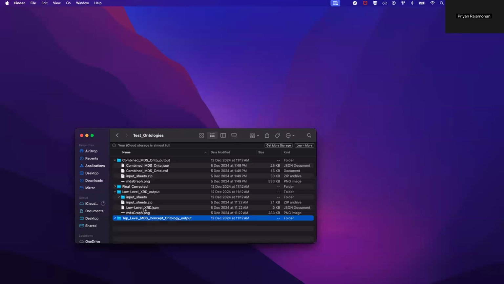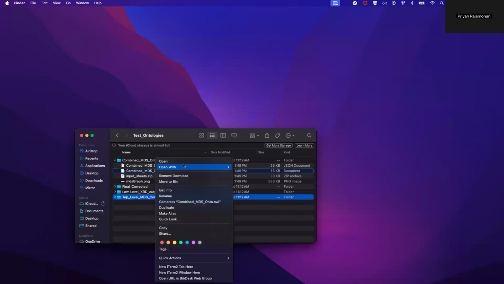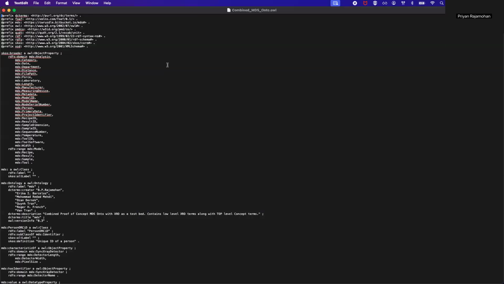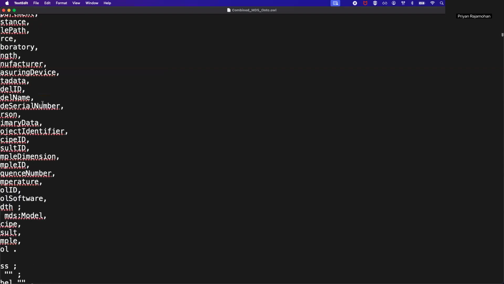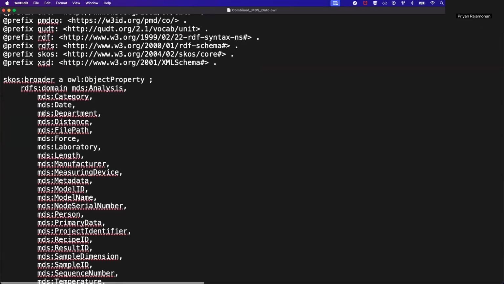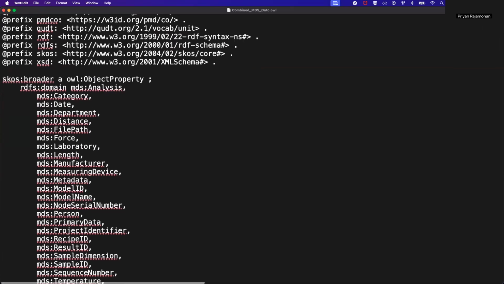So let's look at the low-level one first. Actually, let me just pull up the combined ontology so it's easy to look at. So if you look at this combined MDS ontology first, the first thing that strikes out is that we define an XKO as broader as an object